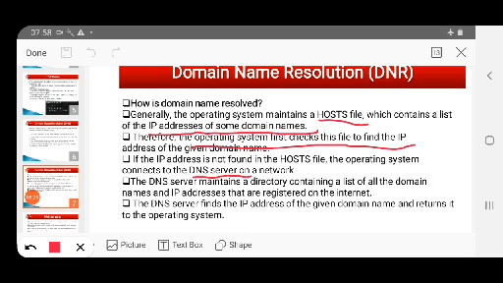The DNS server also maintains a directory which contains all the domain names and the IP addresses that are registered over the internet. So, over the www, whatever websites and domains are registered with their IP addresses are stored in the DNS server. Then the DNS server will find the IP address of the given domain name and send it back to the operating system.